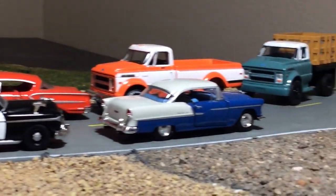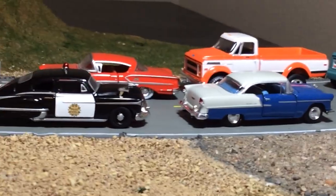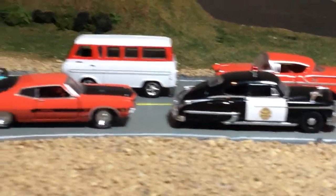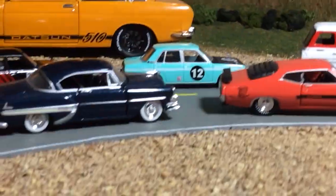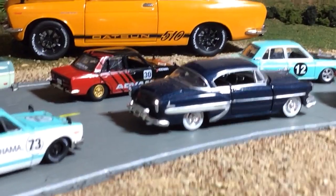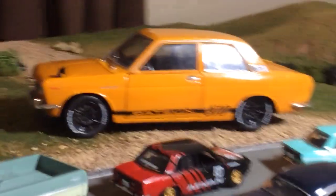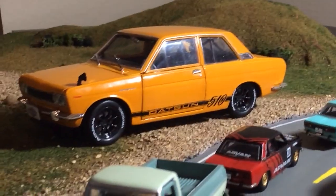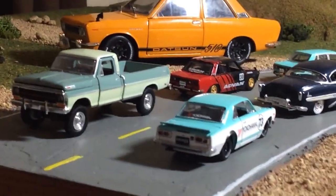I know a lot of people collect M2. A lot of people don't like it when I get critical of M2 because my overall opinion of M2 is not a good one. I don't think that they're a great brand for 1 to 64 scale. For 1 to 24 scale, I think they are a great brand, and I think it's a good value to get a car like this with this amount of detail for $20. I think is more than fair. But for the 1 to 64 scale stuff,